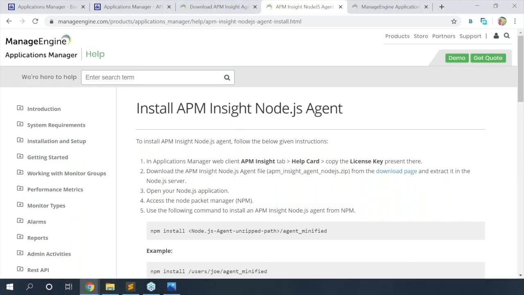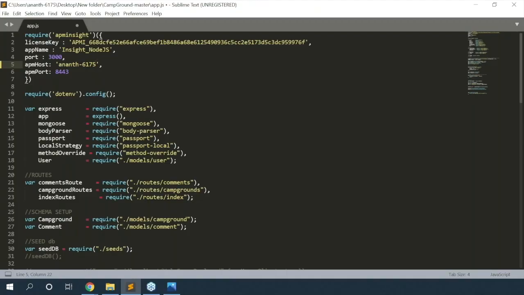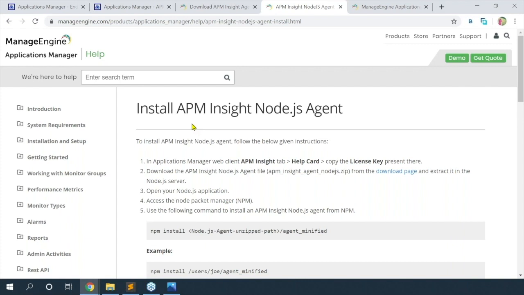So we were discussing installing the Node.js agent, right? So let me show you how you can configure it once the agent is downloaded and unzipped. Make sure that you move the agent to your application server running machine. That is, the agent should be moved to the configured Node.js machine. Once the agent is moved to that machine, open the configuration file of your application, either the startup file or configuration file. You will find the set of prerequisites, that is these lines, which need to be added,